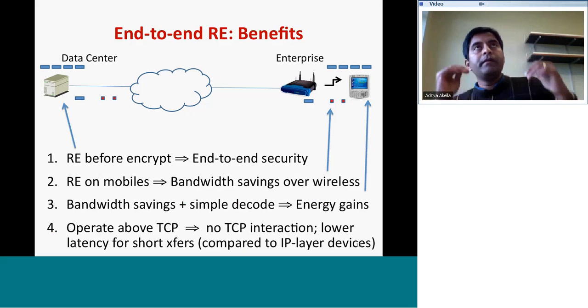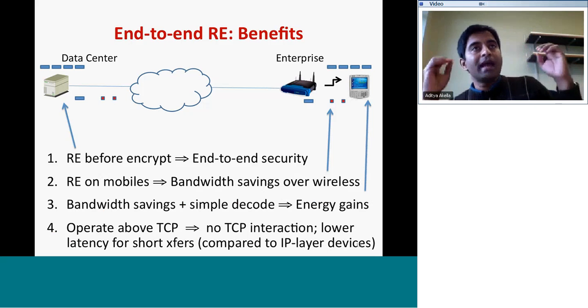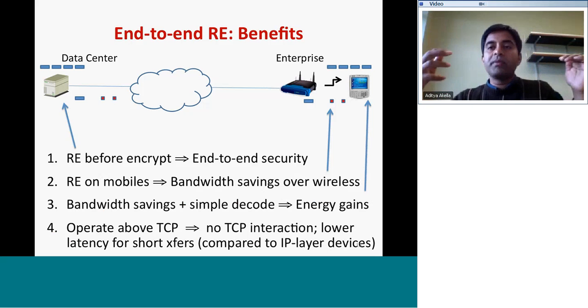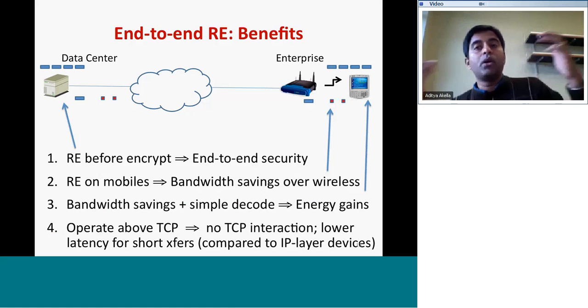And provided you make the right choice for how to do this end-to-end redundancy elimination, you can have it operate just above TCP, such that what each TCP connection carries is actually compressed bytes. No further compression or optimization happens once the TCP sender sends the data. You can more cleanly accommodate all TCP issues such as packet losses or how the TCP congestion window evolves and so on.